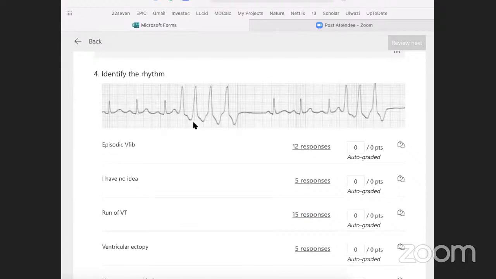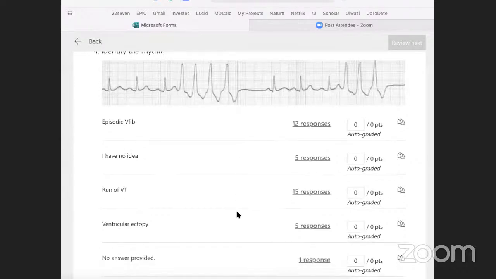And this is quite concerning. Usually if you have an acute coronary syndrome, STEMI, or myocardial infarction, when you reperfuse that part of the heart, you do get this irritable myocardium that gives these runs of VT. So episodic VFib, it would be a lot more awkward, as if someone was scribbling over the screen.